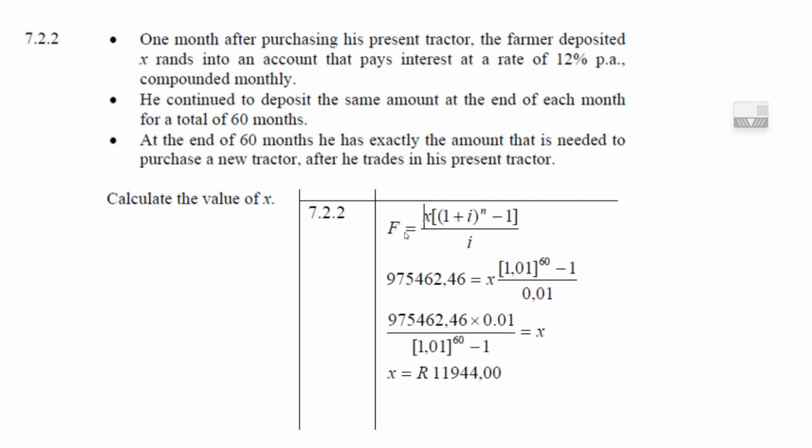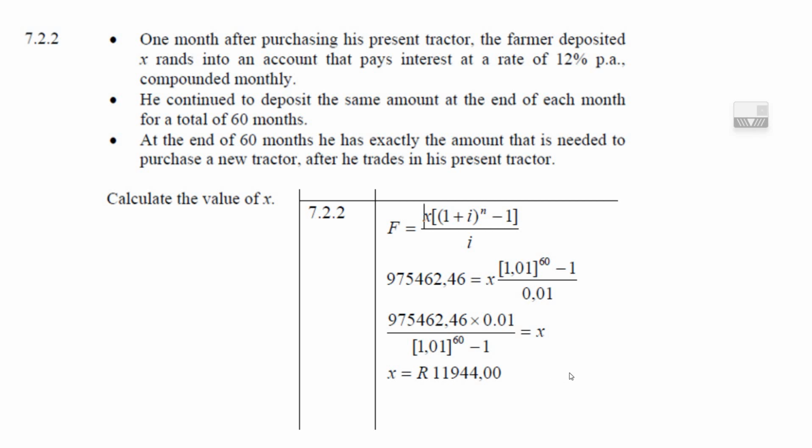Well, just take the future value formula, go 1 plus 0.12 divided by 12. It'll actually equal 1.01 when you're finished. It's 60 months, so you put in 60 months. This is 0.12 divided by 12. We know we like to divide by 12 there. And all we do is F, the money we want in the future, there is our 975,000. We just divide. Just divide in one step, and you'll get X. You'll get the payment,